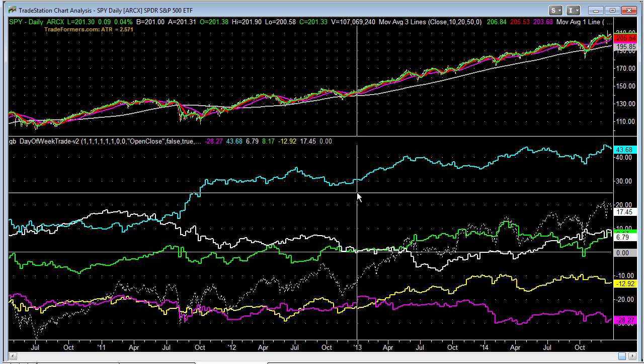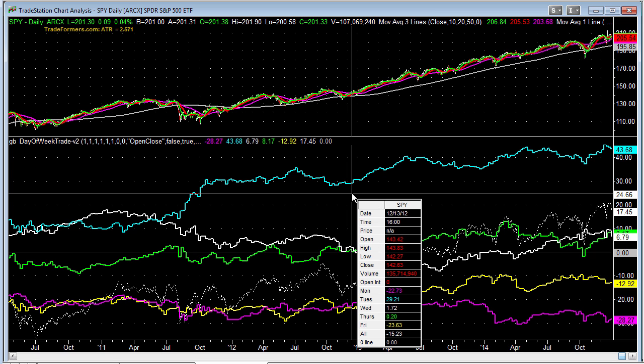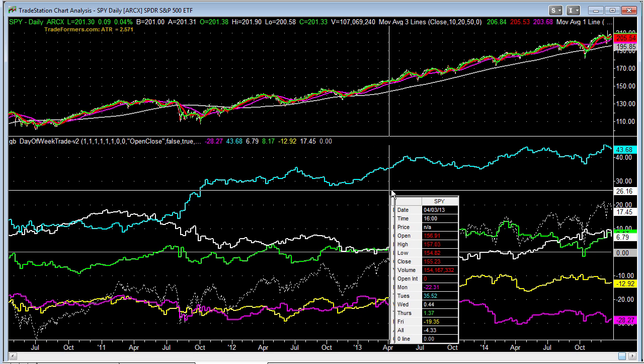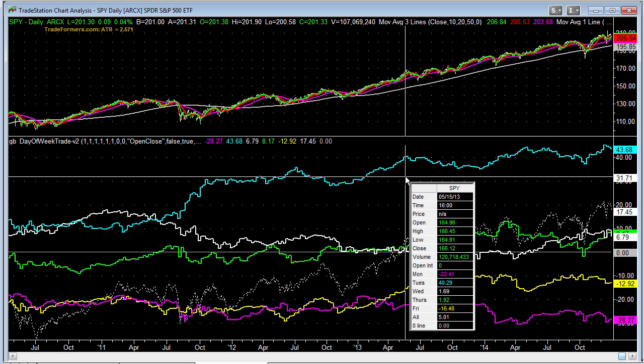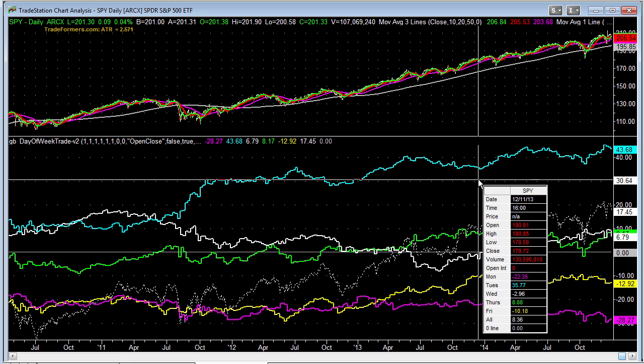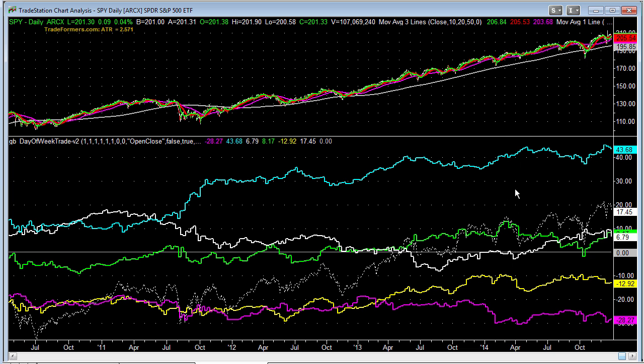Look at some of these time frames where, in this time frame here, Tuesday was really strong. Right now, Tuesday is the day that in 2015 has been the day you absolutely wanted to avoid. Yet it goes through these extended periods of being strong, these extended periods of being weak, these extended periods of being strong. I'll be covering more about the different patterns that we find in here. There are lots of great patterns, and from a day trading perspective, I think this is an interesting edge. From a swing trading perspective, it could help you time your way into it.